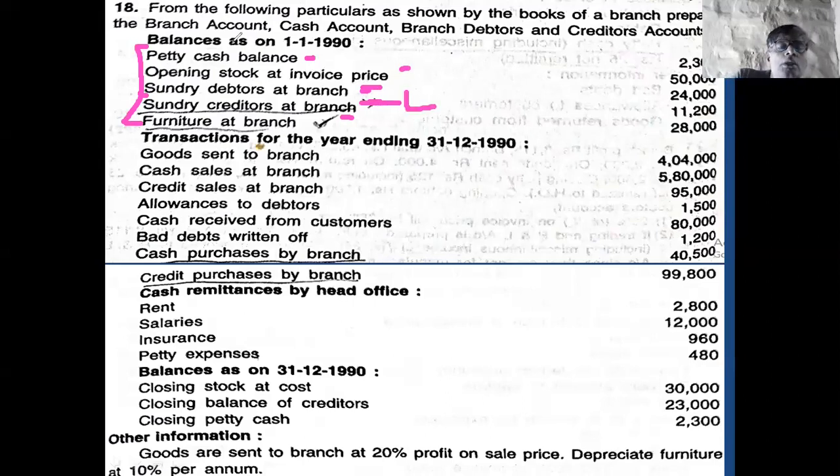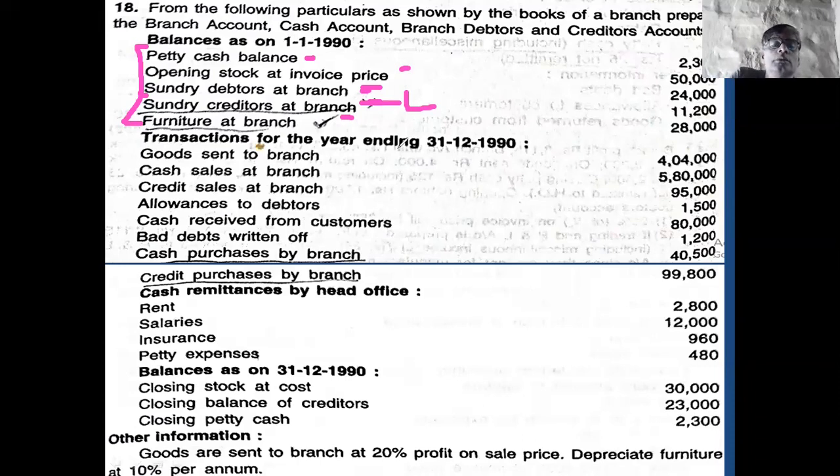Okay, this is liability. So you have to write the assets on the debit side as balance brought down, 4 assets: opening stock, petty cash, debtors, furniture. I have given the format. So you write 4 assets on the debit side as opening balance, and on the credit side by balance brought down, you take sundry creditor. Sundry creditor comes on the liability side as opening balance. Amount is 11,200. 11,200 rupees comes at the closing balance. Remember this.